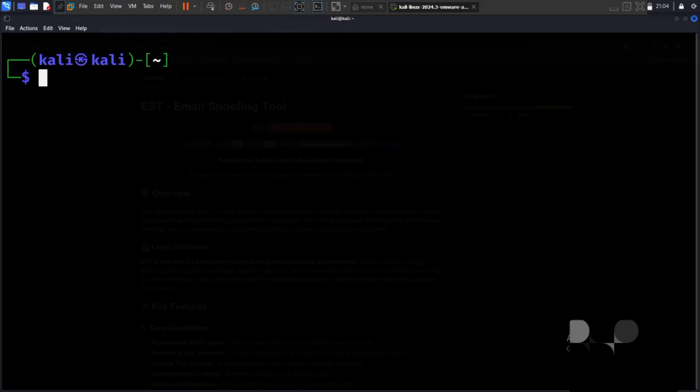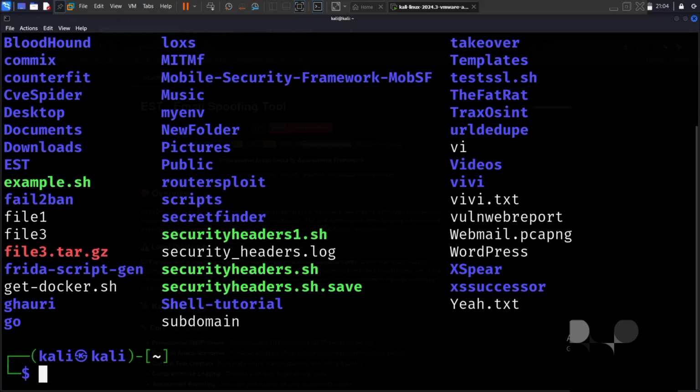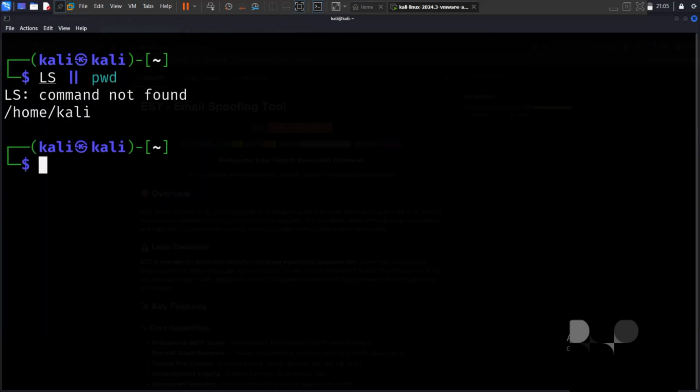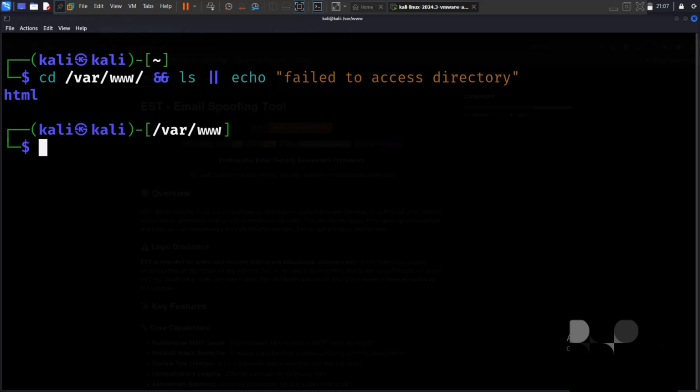Combine all: ls or pwd. Once I hit enter, if the first command is successful, it's not going to execute the second command. Now, in this scenario with the uppercase command, it is going to execute the second command because the first command failed. cd: this tries to cd into the first directory, list the files if it works, or show an error if it doesn't. When automating security scripts or recon tasks, using the double ampersand ensures your payloads only launch if conditions are